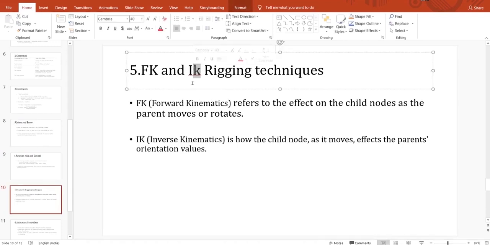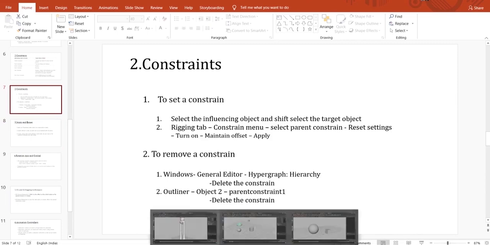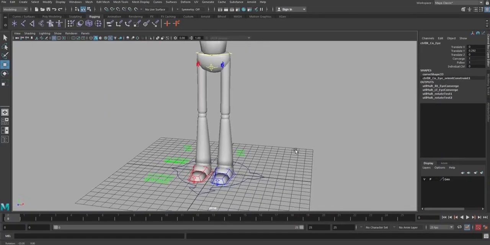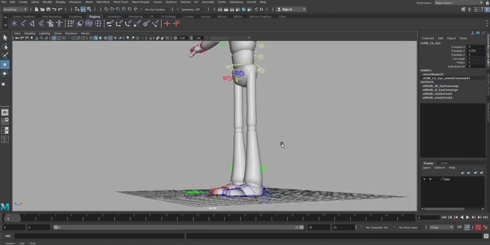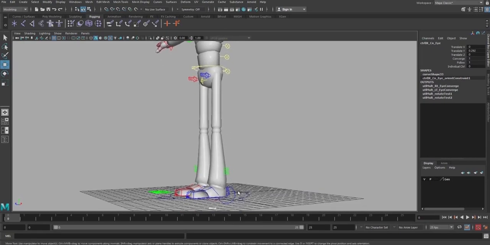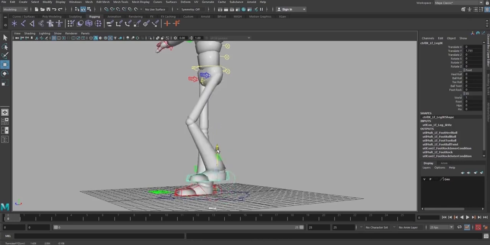So IK is a handle, it is also a rigging technique. An IK handle can be applied between the hip joint and the ankle joint, so that we can achieve this kind of action.